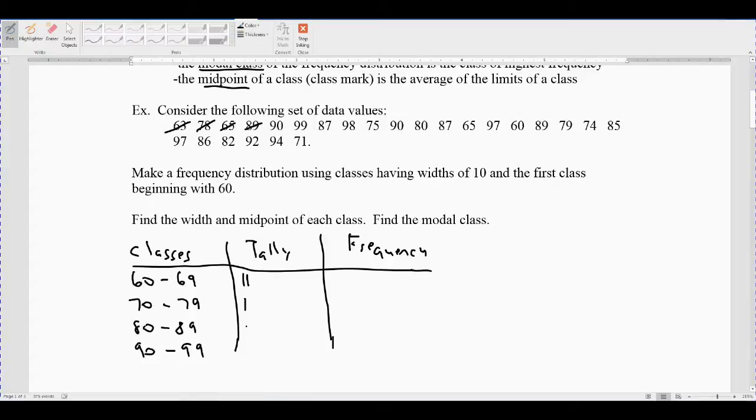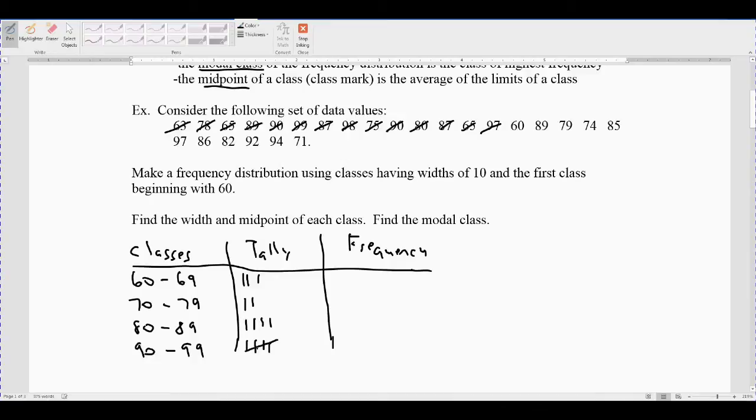And 89 is in the 80s class. 90 is in the 90s class. 99 is in the 90s. 87 is in the 80s. 98, 75, 90, 80, 87, 65,